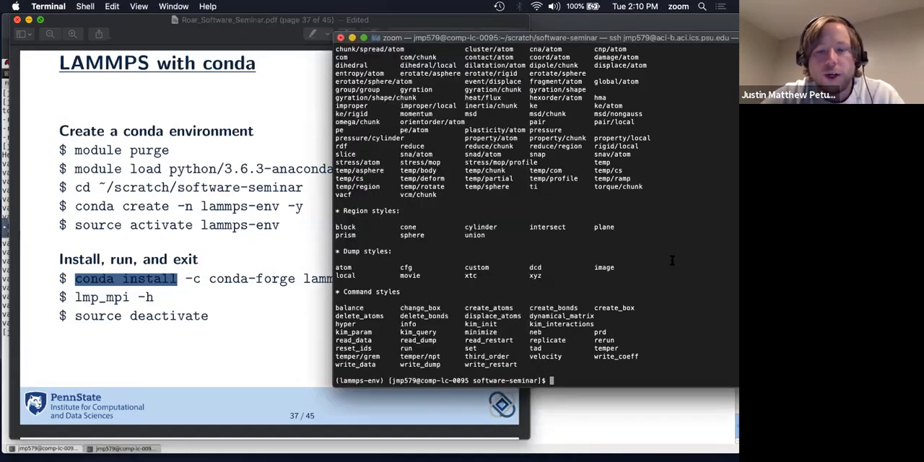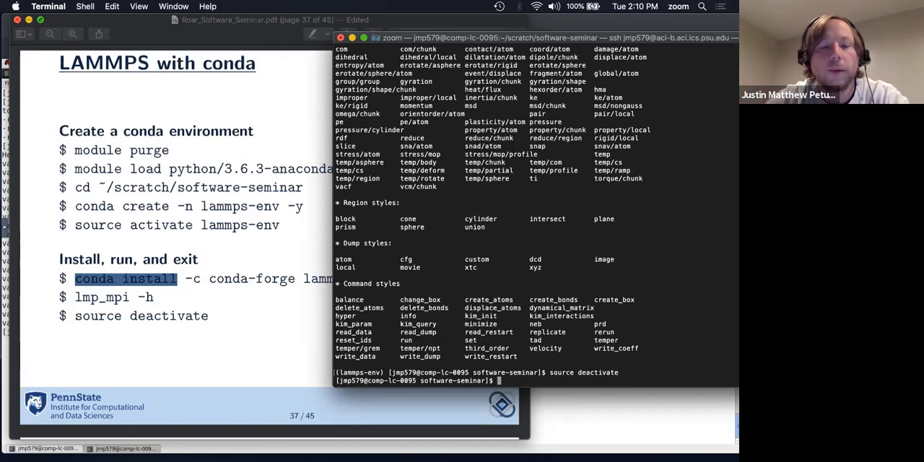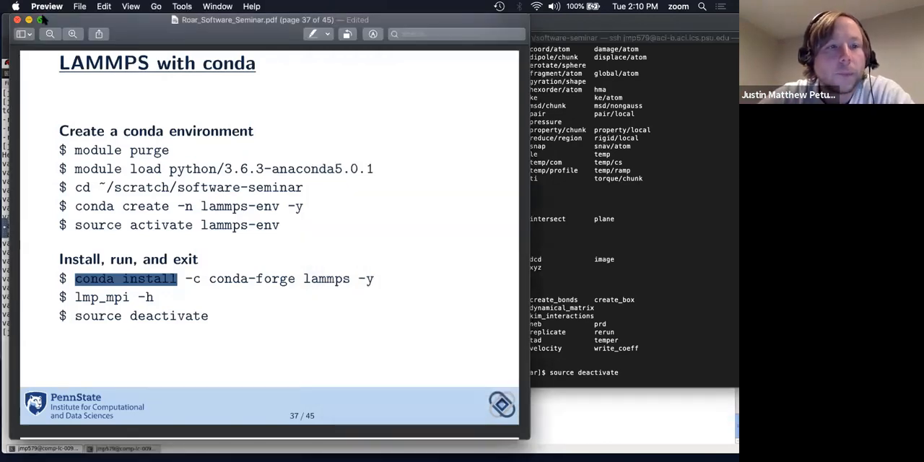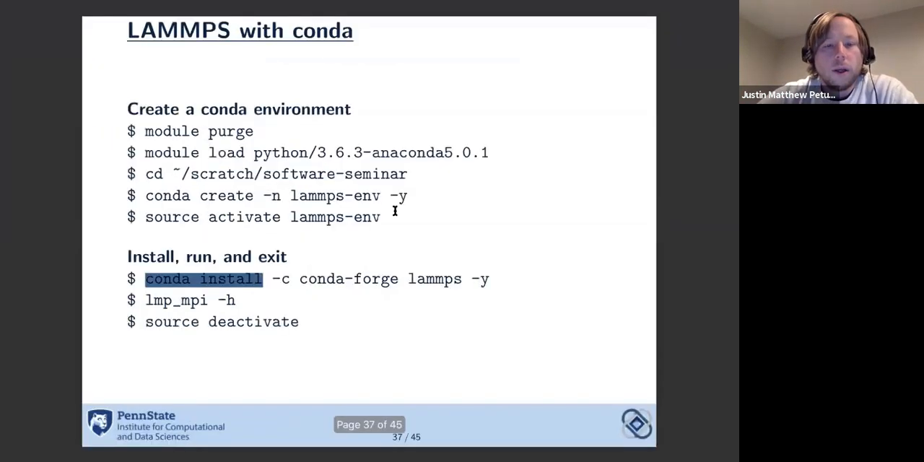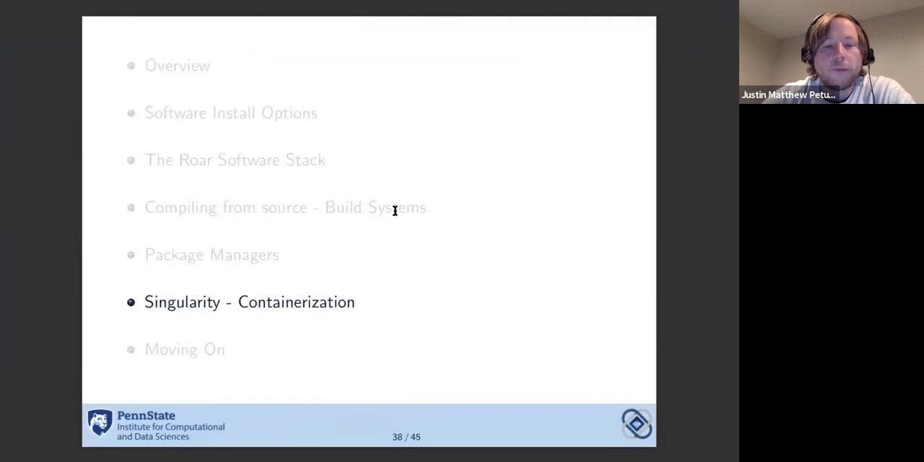Once you're done with that, you can exit your environment with source deactivate, and that'll bring you back outside of that conda environment. Okay, so moving along to our final software install option, or your final option in terms of getting your software running on the ROR systems,